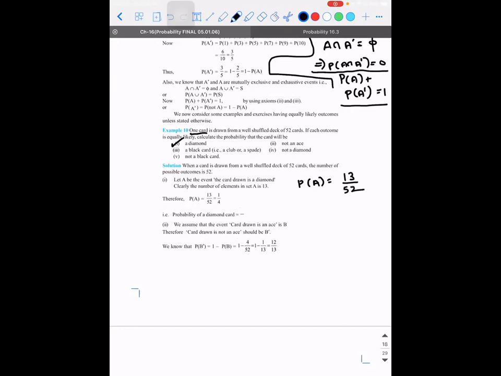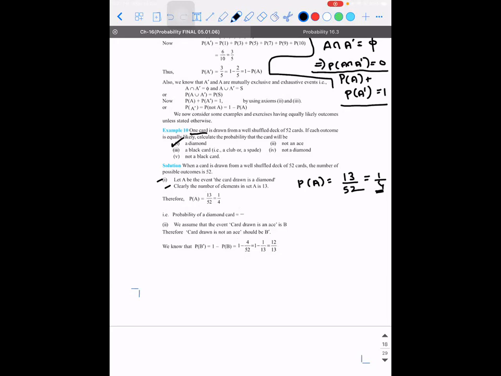52. See, one point I'm skipping here is all the story, please go through it, okay? Because I've explained it enough. How to write in an exam, I've explained it. Now I'm concentrating more on how to think. If there is still any doubt, you can please stop me at any point. Okay, it is 1 out of 4. Means there is 25% chance for you to get a diamond. Accepted?